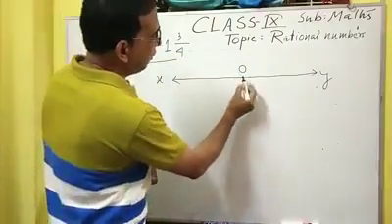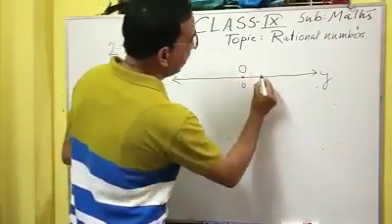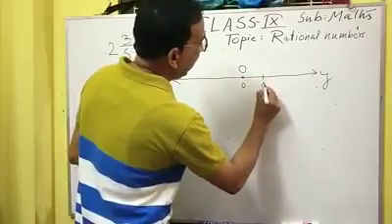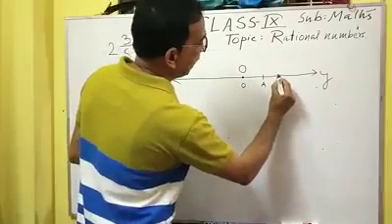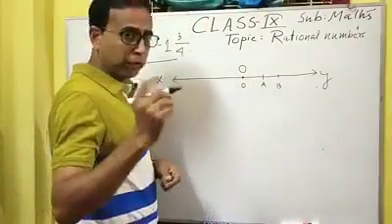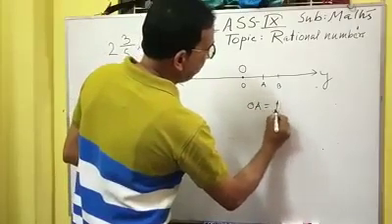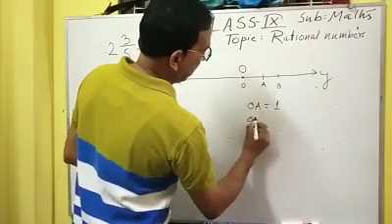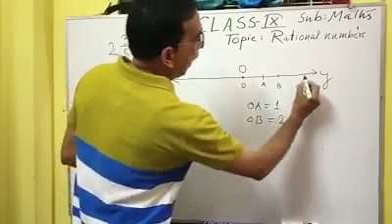On the right of O, take OA equal to 1 unit, OB equal to 2 units, and